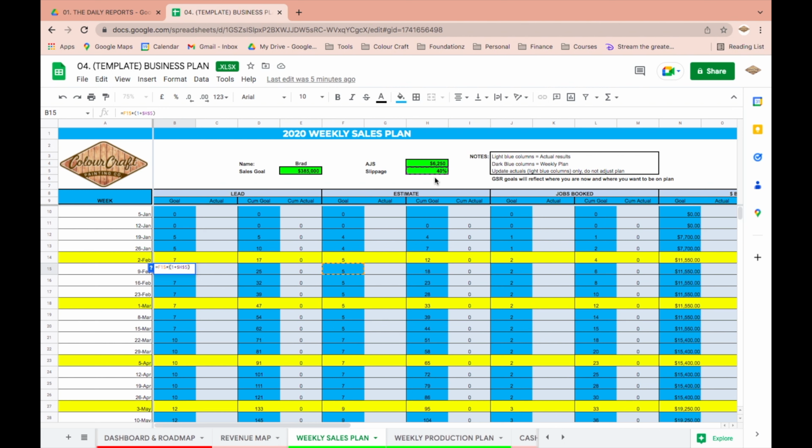We need to be on top of this. If I know that I need to do 7 or 8 estimates next week, I have to block off time in my Google Calendar to hit that estimate goal. And I'm going to need to make sure that I have probably between 12 and 15 leads available for me to schedule those estimates in order to hit my bookings goal.